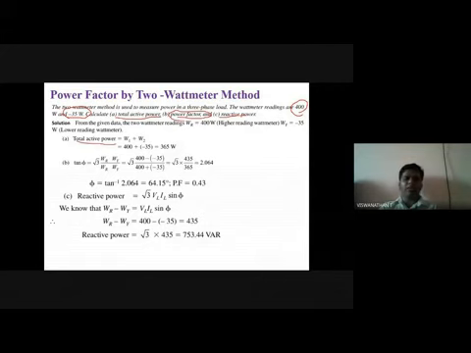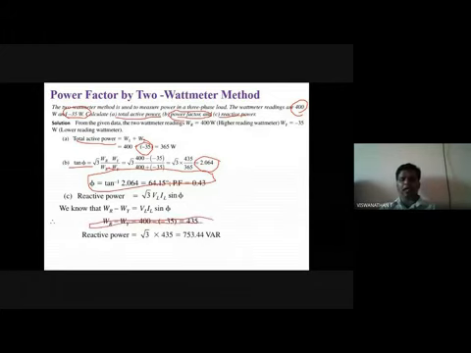So what is the total active power? By simply adding these, it is the algebraic sum, so you need to consider minus 35. Then I calculate the power factor: tan phi is equal to root 3 times (W1 minus W2) divided by (W1 plus W2). Then I get some angle. You need to convert to radian mode, then convert to degree mode, since confusions normally arise here. The difference between these two, 40 minus 35, gives the reactive power. Normally with VAR compensation, we multiply by root 3 to get VAR.